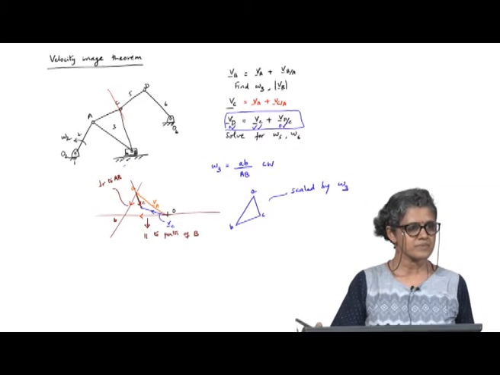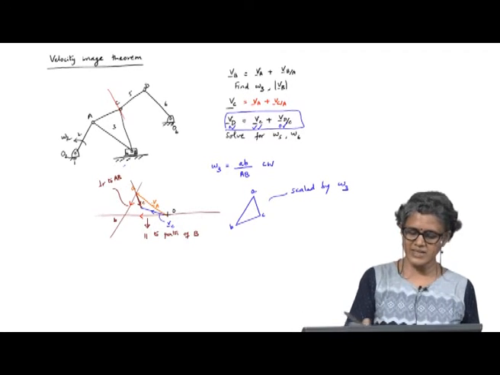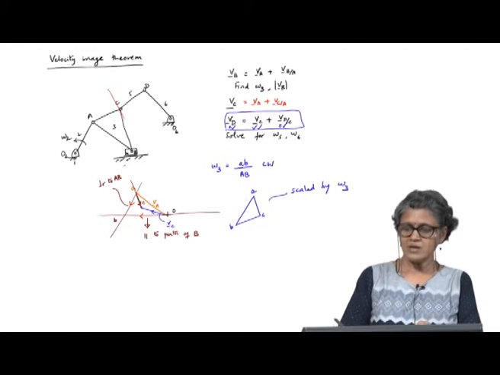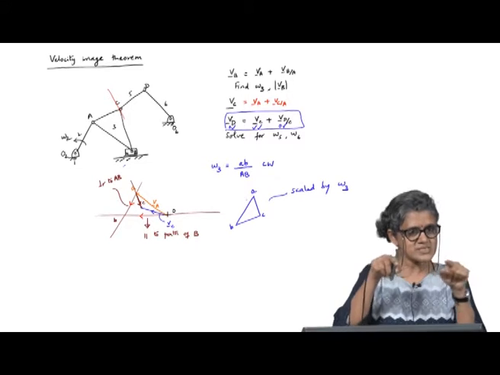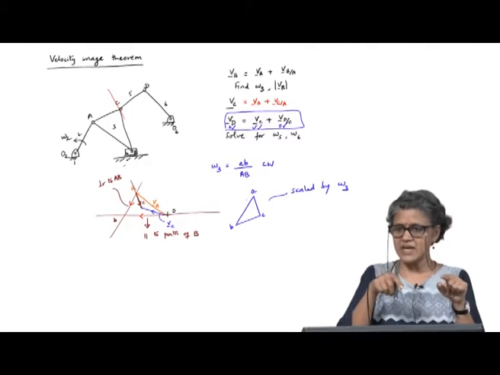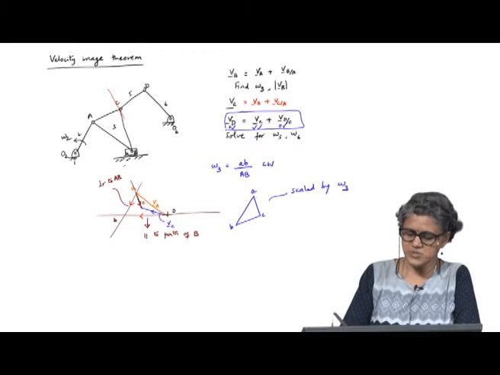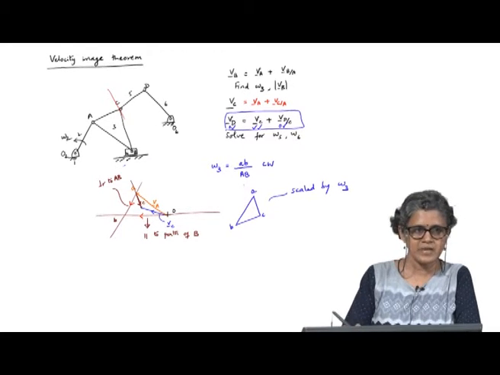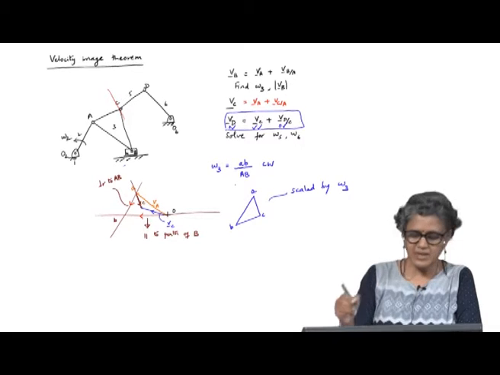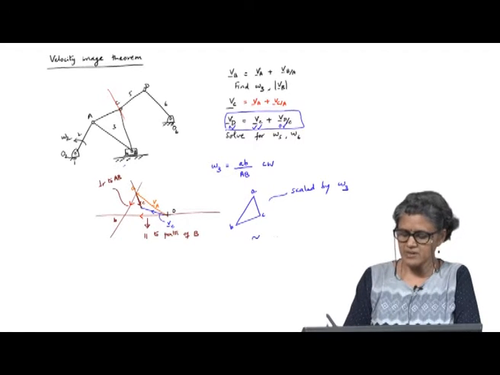Omega 3. It's scaled by omega 3. This one, I am just taking this outside. Okay. So, all the relative velocities on that body are scaled by omega 3, which means this triangle in the velocity diagram is similar to the original triangle ABC,